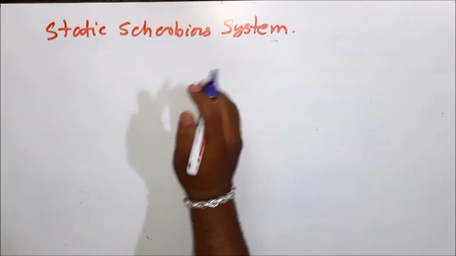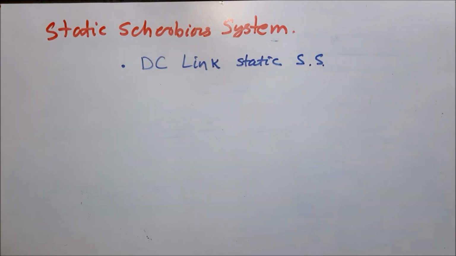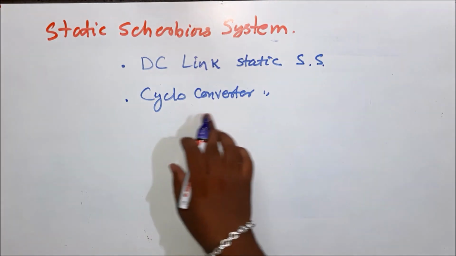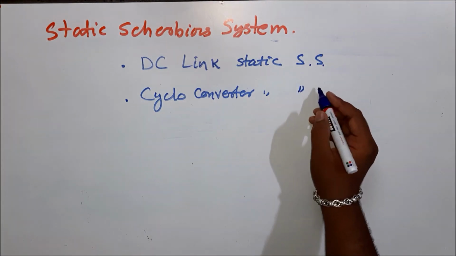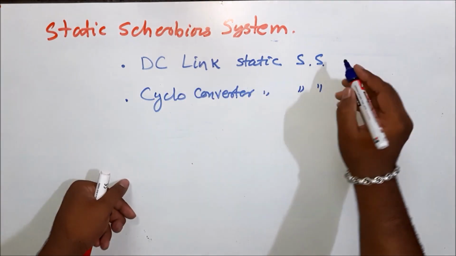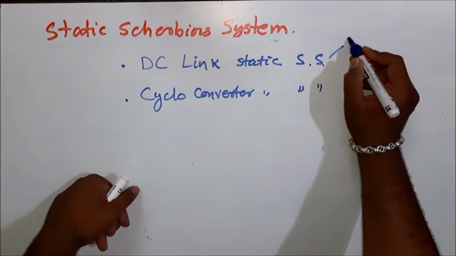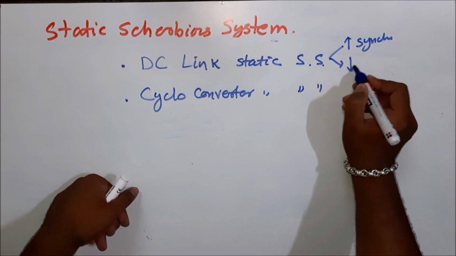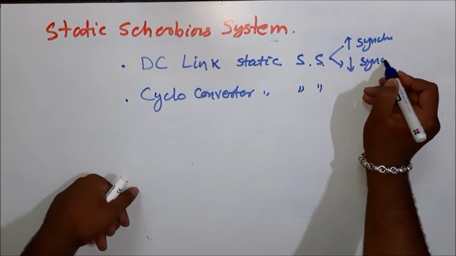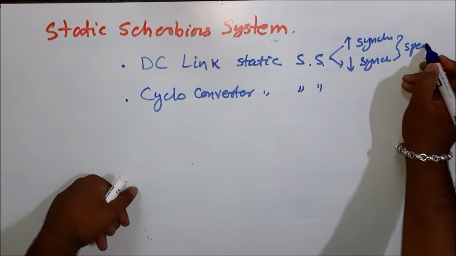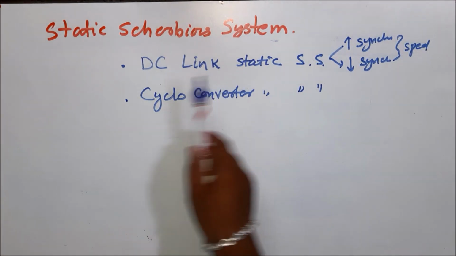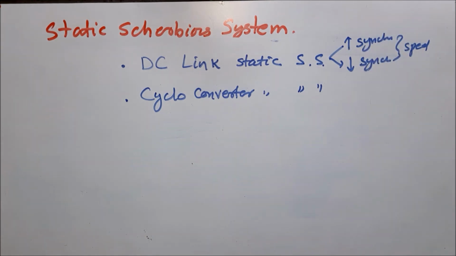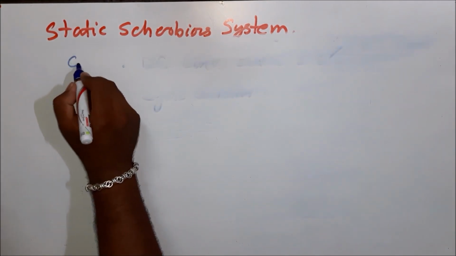The static Scherbius system is of two types. First is the DC link static Scherbius system. Second one is the cyclo converter static Scherbius system. With the first one we can get above synchronous speed and below synchronous speed. So with the power flow controller, we can achieve above synchronous speed or we can achieve below synchronous speed. So for the cyclo converter based,